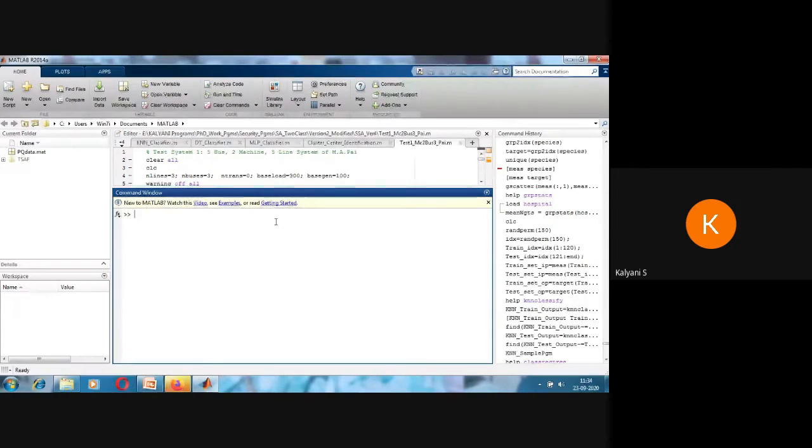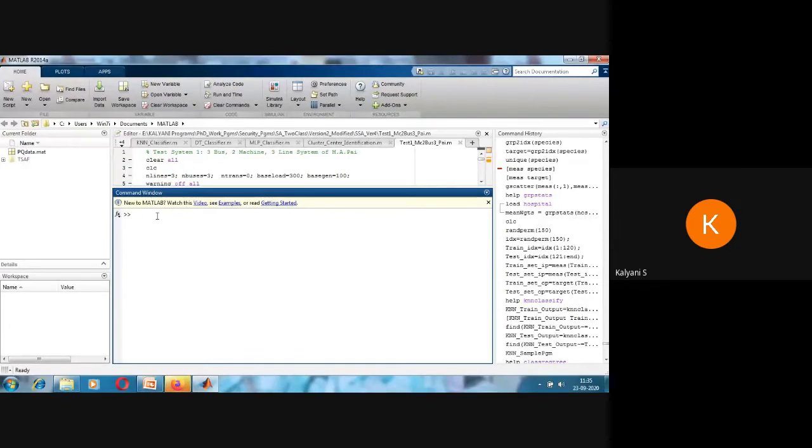Okay, so let us start with the basics. I think most of the participants are familiar with MATLAB. I cannot teach the basics of MATLAB, that will take more time. So all these windows are familiar. You have a lot of windows in MATLAB like current folder, command history, and you have the workspace window where the variables created in the command window will be listed, and you have the editor window and the command window. The command window is called the active window where we'll be typing all the commands and we can get the output of each and every command.